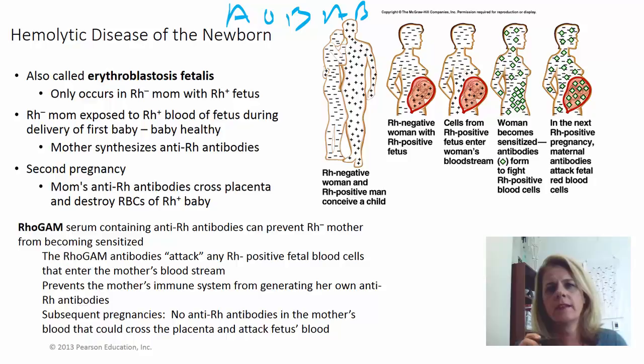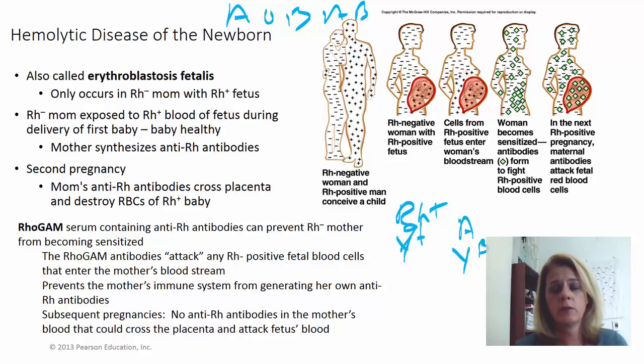we also said that that's either positive or negative. So if you haven't watched that video yet, you'll need to go back and watch that. So you can have A positive blood, A negative blood, O positive, O negative, and so on and so forth. And so if you remember when we talked about that when you have A blood, you have those anti-B antibodies, right? And so if you are Rh positive, you don't really have any Rh antibodies because you don't want anything that would attack that, because you are Rh positive.